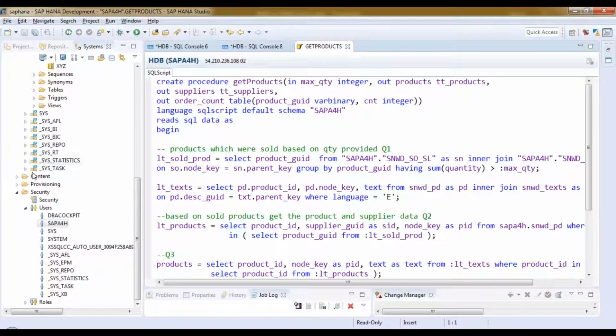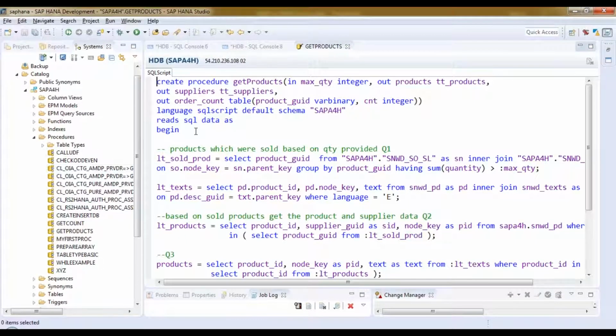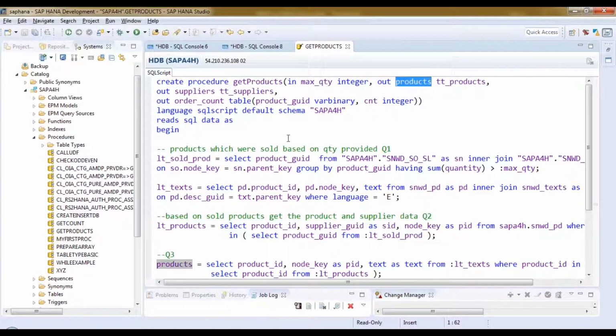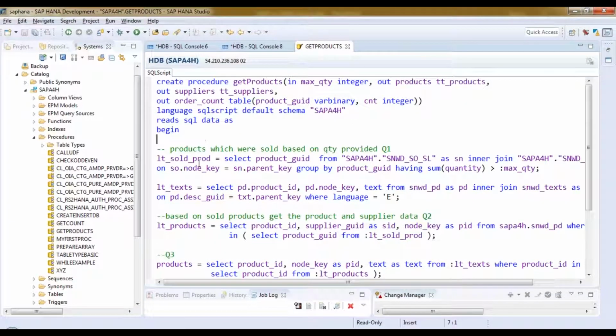Okay. So now I opened a procedure over here and I want to debug this procedure. You see we have a max quantity input parameter and we have an output over here. I want to debug and see what is happening in each step. How can I debug a procedure directly from my HANA Studio? For that you have to prepare